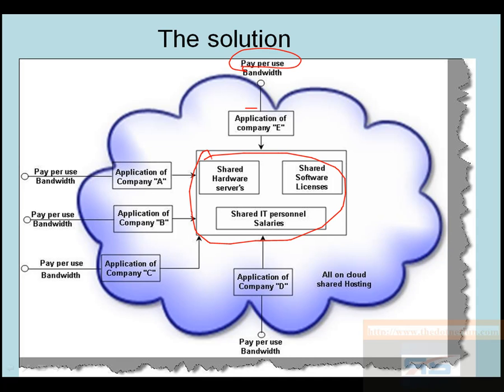So in other words, I have a model here where you can get shared hardware, shared software licenses, and shared IT personnel who can look after your backups and your day-to-day problems of the server. And you just pay me as much as you use. So for example, if you tell me, okay, this month I'm going to consume 100 GB bandwidth, I will need 80 GB of hard disk, and I will need probably 40% of your CPU server time, we will give you that much.